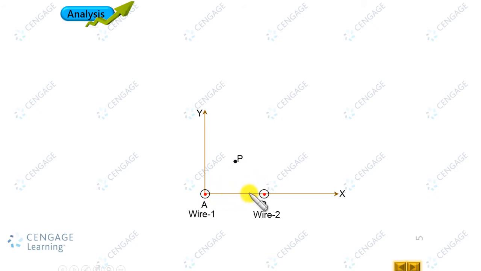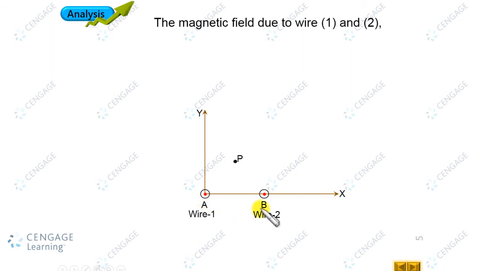That means all angles of the triangle will be 60 degrees, right? The distance of this point from this wire is equal to the distance of this point from this wire also, and these are infinite wires. That means the magnitude of the magnetic field because of wire number 1 and wire number 2 will be equal at this position. Direction will be different, but the magnitude will be equal. So here we can write B1 is equal to B2, equal to say B, right?